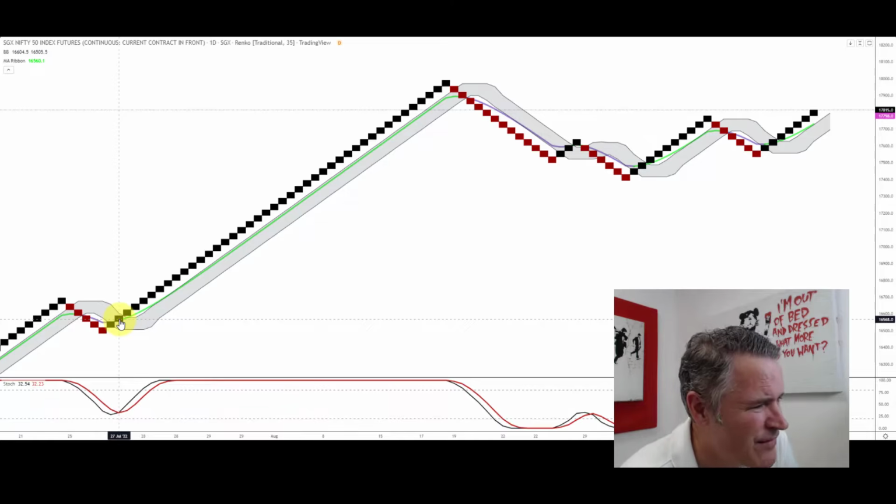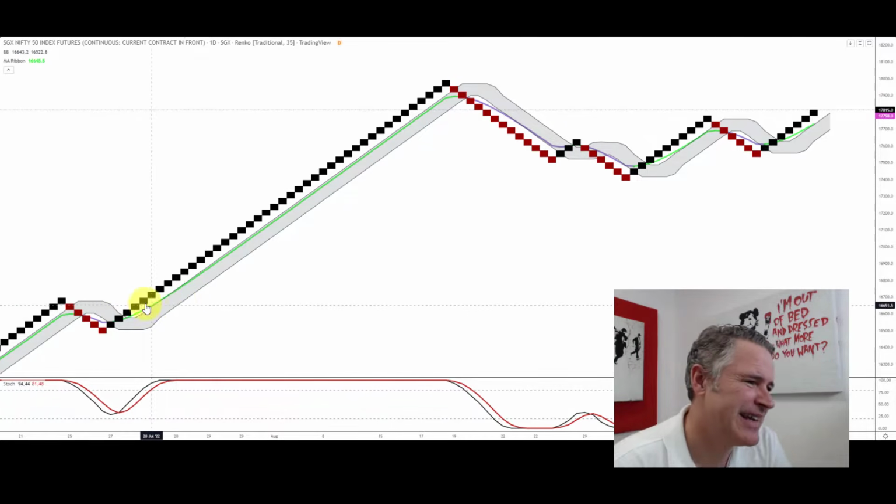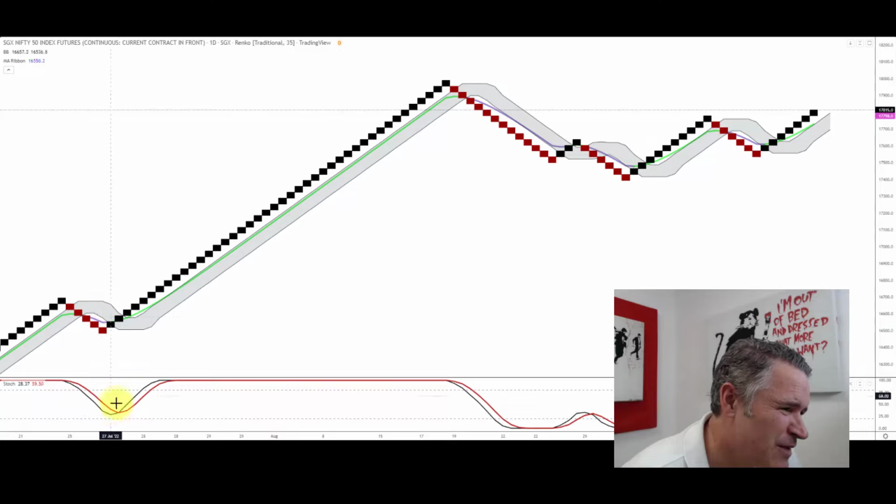Now, to enhance this further, I've added on this Bollinger Band set up with an offset. Now, how do I use that? Well, going back to our example there, we've crossed over and we've seen the blocks change from red to black, so that's bullish. And quite simply, you've got two choices here. You can be more aggressive and buy in as that first block there enters into the bottom part of the Bollinger Band, or you can wait until it breaks out through that second part, the top part, and then trade